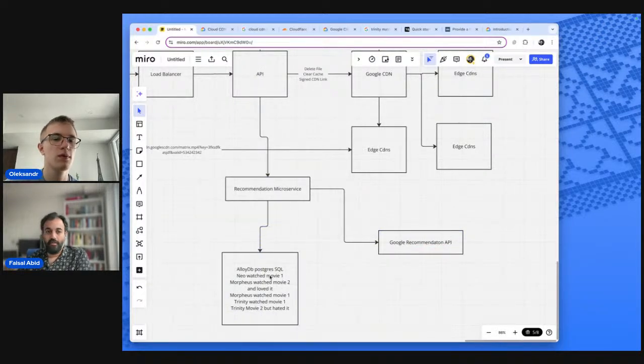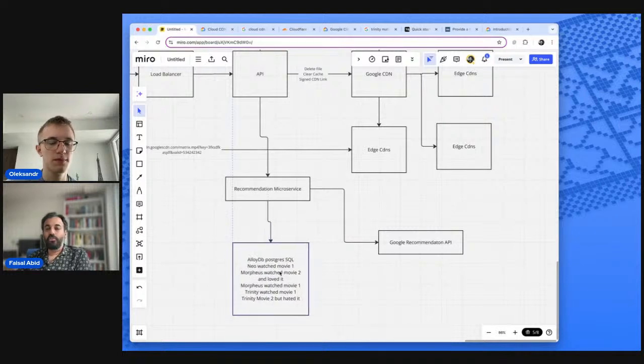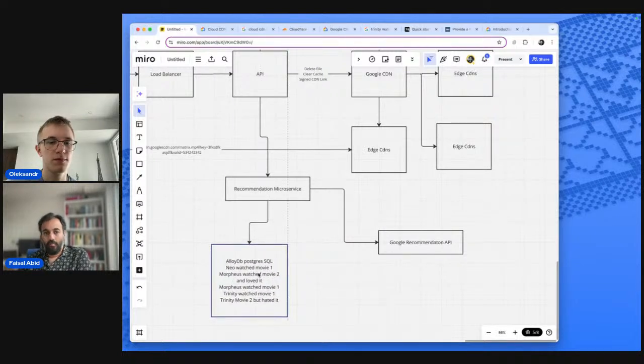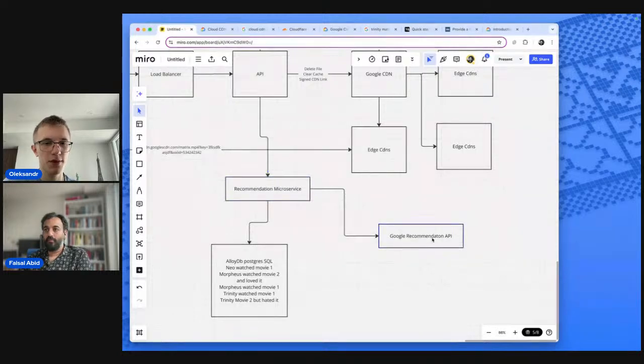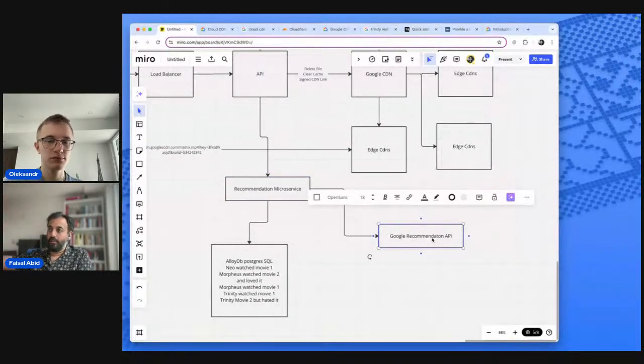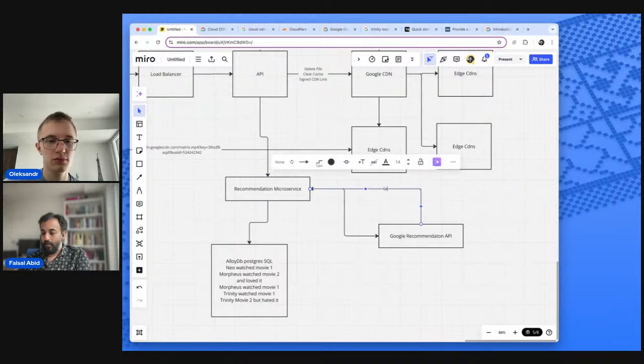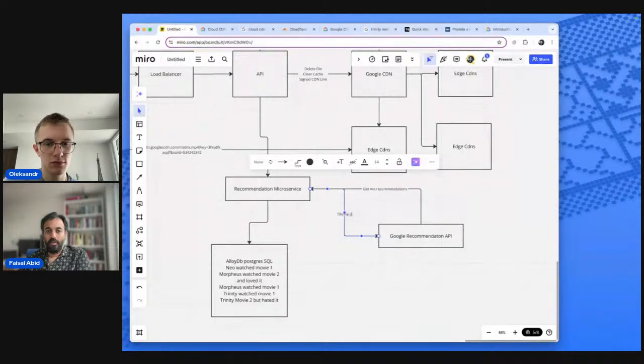You're just writing to your database, because you always want to store this data. But you're also sending this data to Google's recommendation API, which stores all the data on their end, and then you ask Google, get me recommendations.